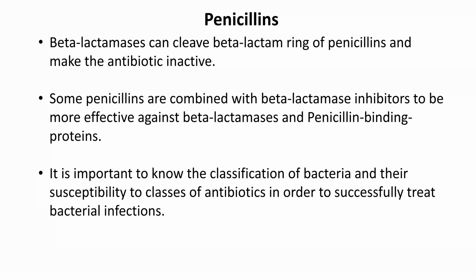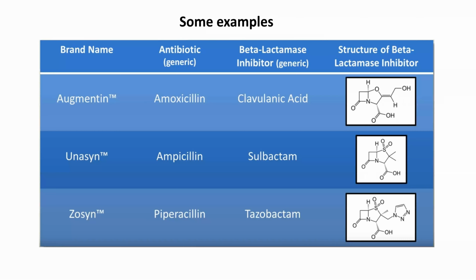It is important to know the classification of bacteria and their susceptibility to classes of antibiotics in order to successfully treat bacterial infections. And some examples of penicillins combined with beta-lactamase inhibitors would be